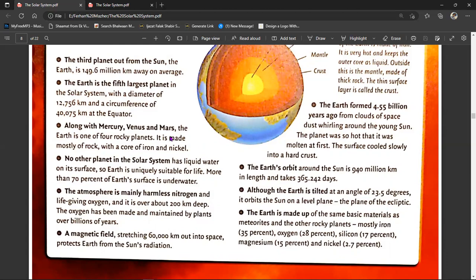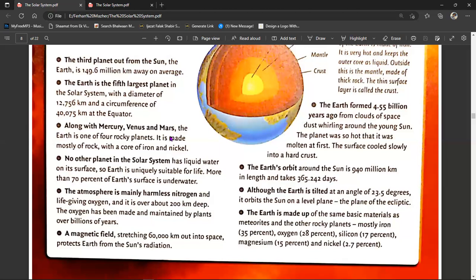The Earth's orbit around the sun is 940 million kilometers in length and takes 365.242 days. Although the Earth is tilted at an angle of 23.5 degrees, it orbits the sun on a level plane, the plane of the